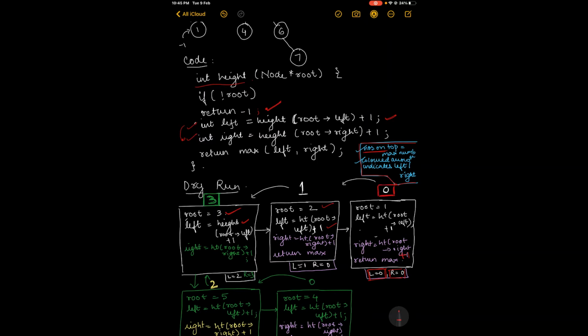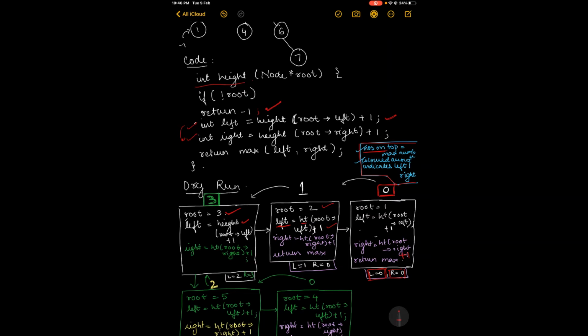Finally this 0, which is written on top of the block, will be returned, and the white arrow here signifies that this is for the left variable, because this block originated from the height root left call. So this 0 will go back to that left only.